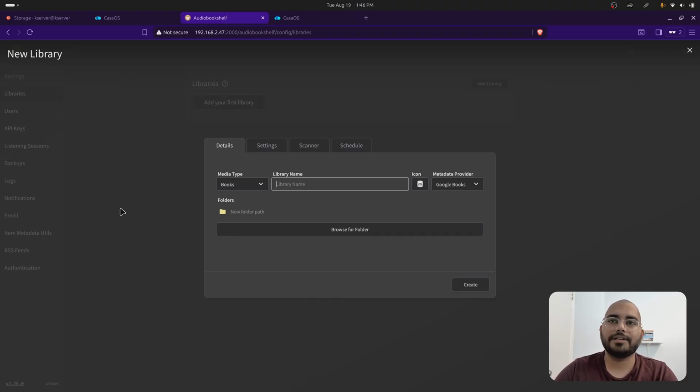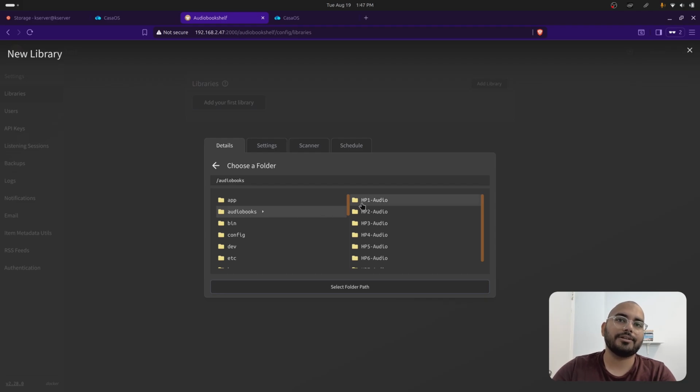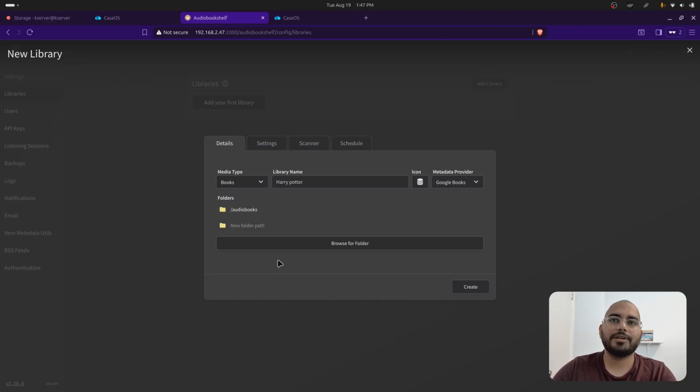You can just give the name in this case. Okay, I'll just say Harry Potter and browse the folder. So when you browse the folder, since we have given the folder name as audiobook, you can see that all the audiobooks are here. Okay, so you select the folder path, and now it will automatically detect all the audiobooks from that